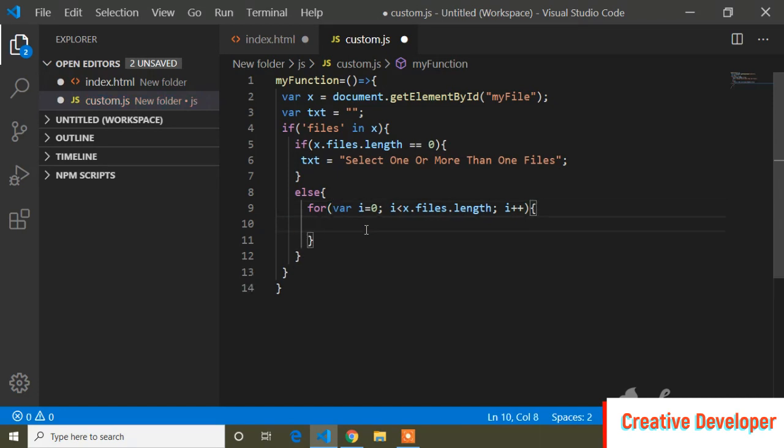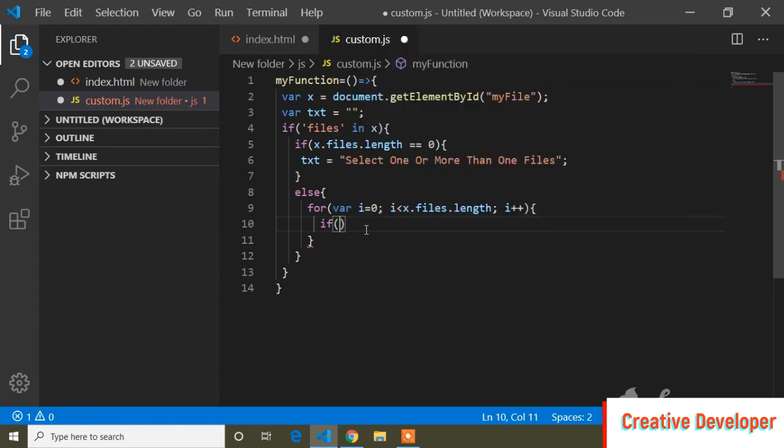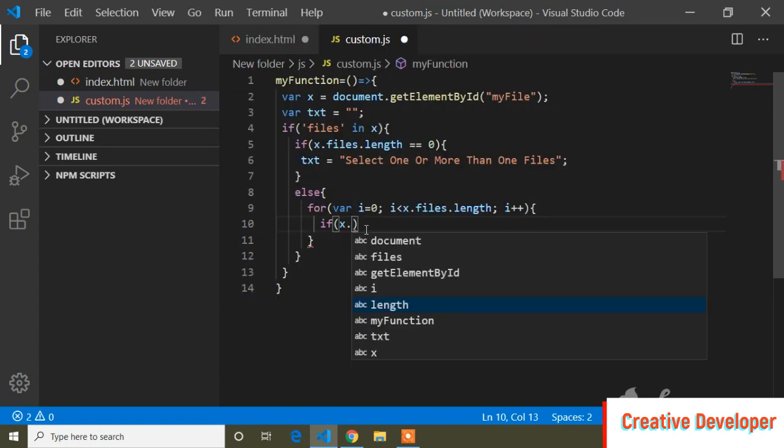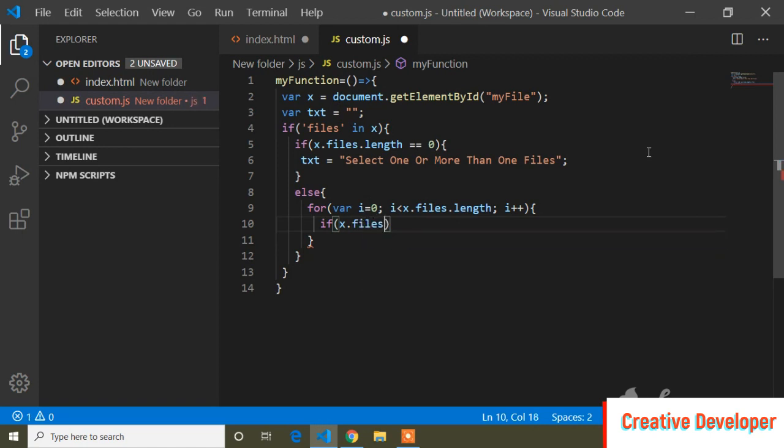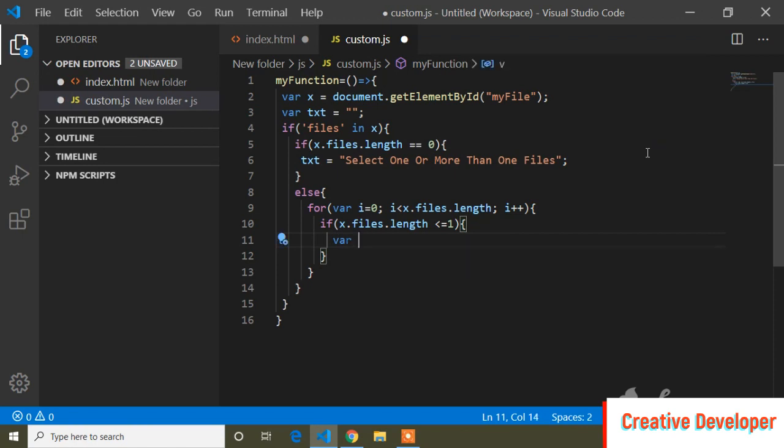And now I will write another if condition. So if x.files.length less than or equal to 1, that means when I'm uploading only one image, then I will store these uploaded images inside another variable.